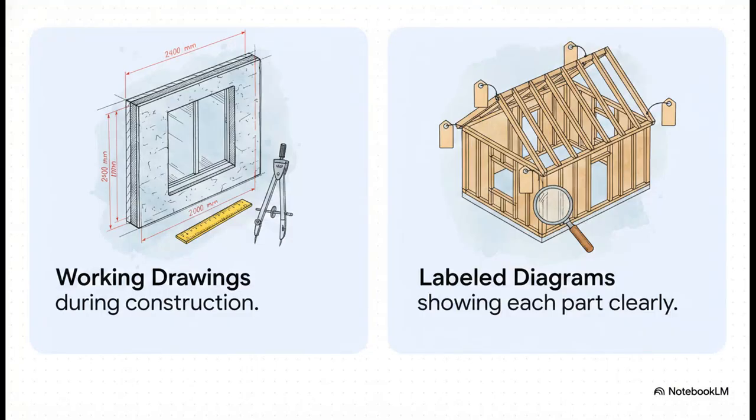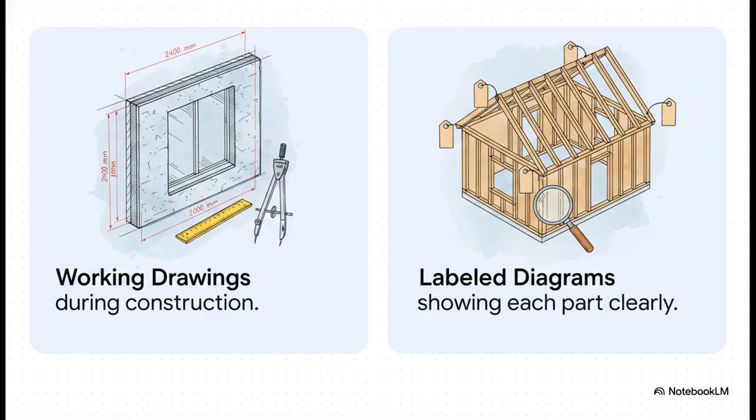In practice, these technical instructions usually take two distinct forms out on the site: working drawings versus labeled diagrams. Working drawings are those highly detailed technical pieces used constantly during the actual construction. They give clear, precise measurements like specific wall sizes or really intricate structural details, helping builders work with absolute mathematical